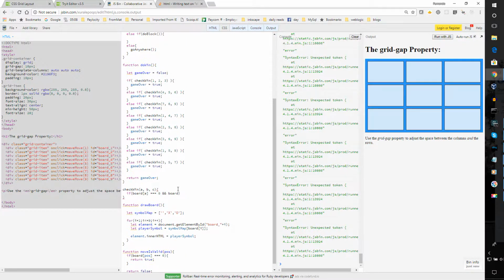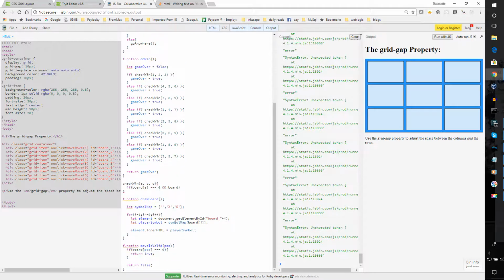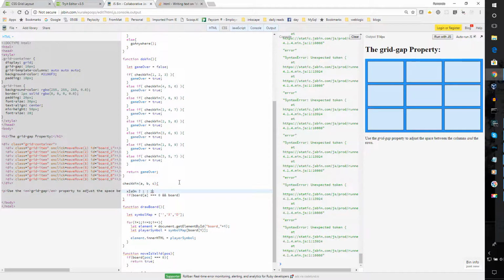We need our symbols again, I think. I think symbol might be a reserved keyword, so I don't want to use it. So temp symbol